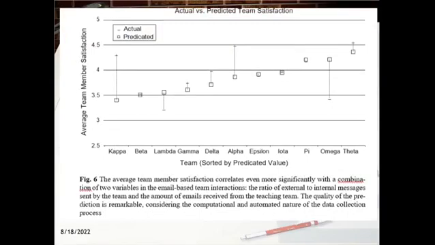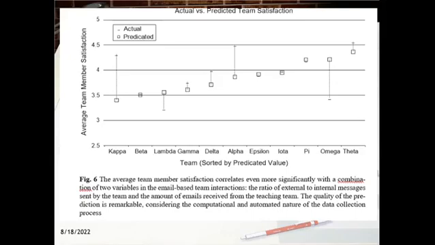The number of emails a project team has received from the teaching team is put into the regression equation in a second study. See the figure. The figure shows the average team member satisfaction. According to the findings of the second linear regression study, teams that receive more emails from the teaching team are statistically less satisfied with their projects. The teaching team's remedial involvement in the case of flaws or disagreements in the collaborative process is a valid interpretation